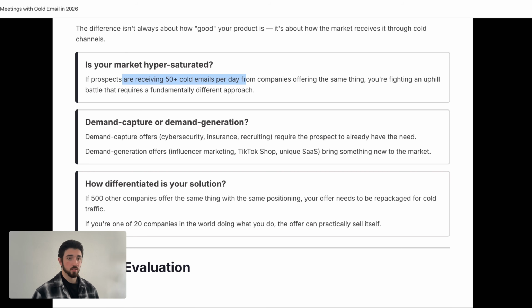Another one is actually cold email, selling cold email as a service over cold email. That's very saturated. Thousands of agencies are receiving dozens of emails per day saying, hey, work with my cold email agency and I'll book you 10 meetings per month, or you don't pay. It's these same offers that everyone's seeing. So you need to understand, am I in a market that's really competitive, or is it a market that's more of a blue ocean? An example of this is